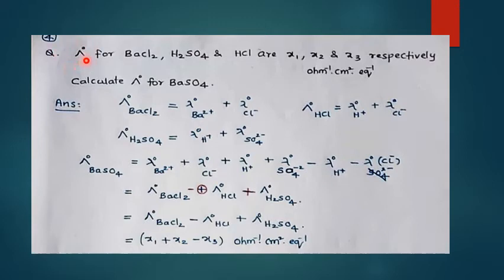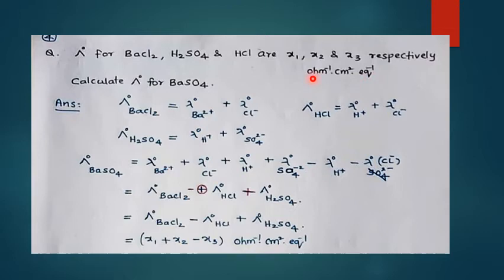Because if M is present, easily you can identify it is a molar conductivity at infinite dilution. If EQ is mentioned, it is an equivalent conductivity at infinite dilution, but nothing is mentioned here. So which type of conductivity at infinite dilution? You have to find that out. That is the main thing for you. Yes, it can be decided by using the unit.